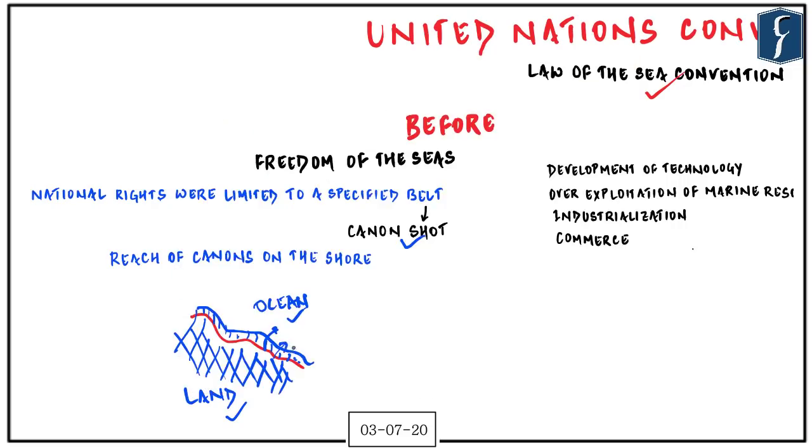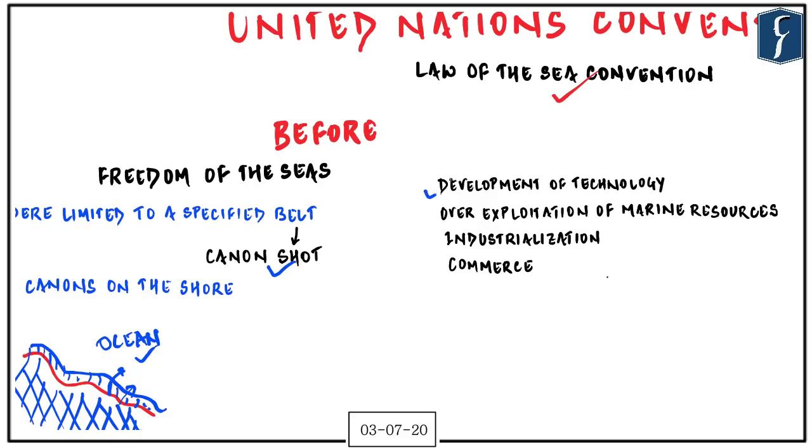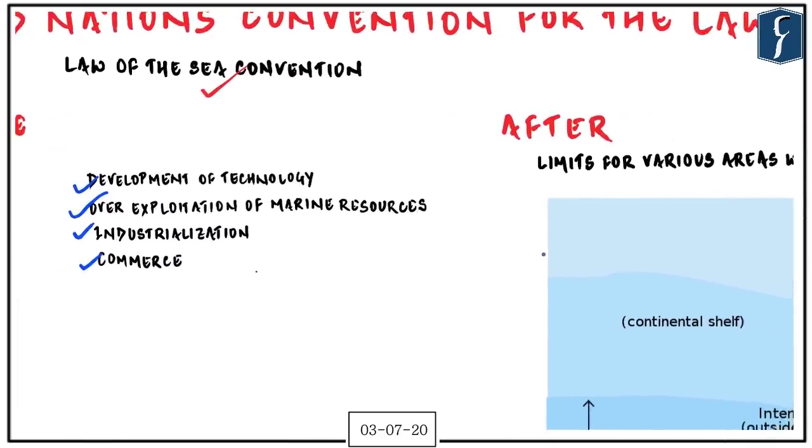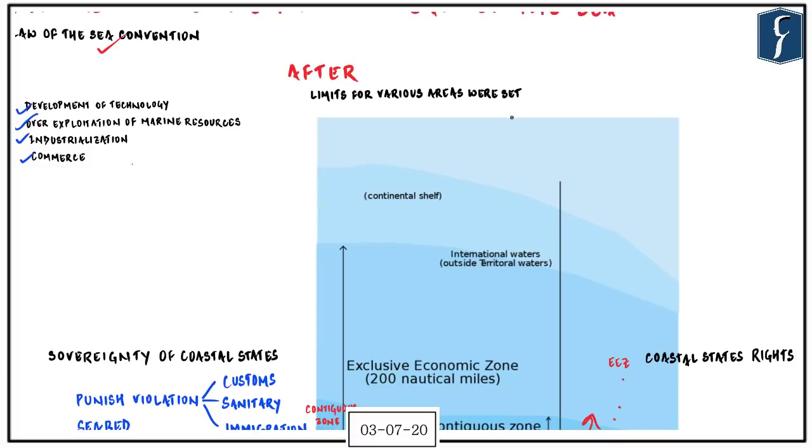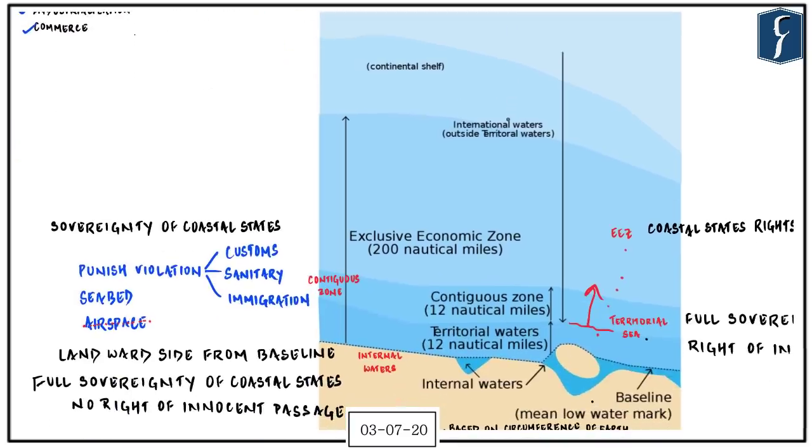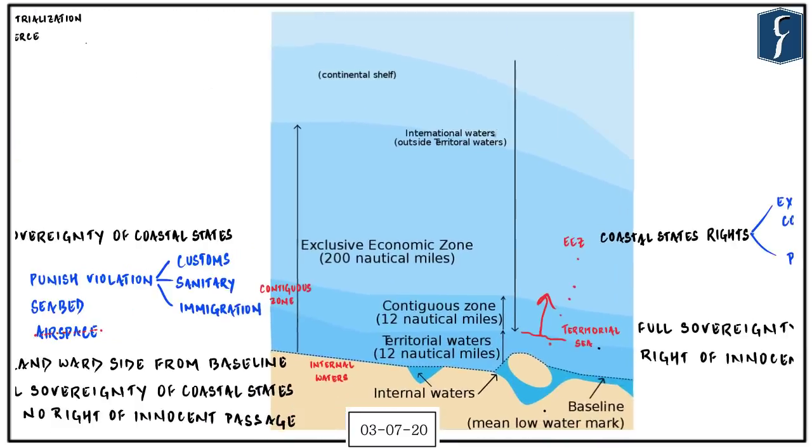3 nautical miles. And as the technology in navigation developed and industrialization and increasing commerce led to over-exploitation of marine resources, a need was felt to evolve a very sophisticated mechanism to govern the oceans, and hence came the UNCLOS. Although it is a very extensive convention, we are going to just consider the part which is relevant for us, and that is the division of the oceans through which the jurisdiction of the nations declines gradually, and we'll